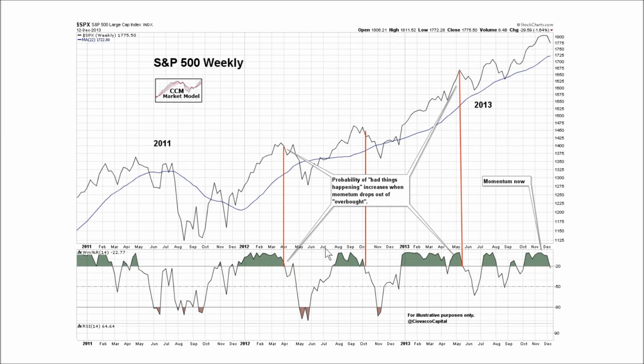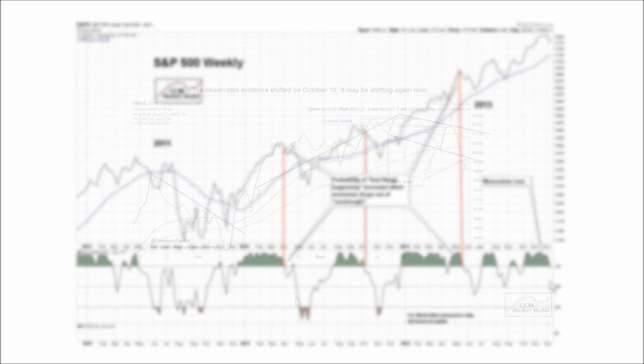Same exact concepts here. The market model, as you know, tracks numerous indicators. One of them is weekly momentum. And unlike the NASDAQ, you can see momentum did drop out of overbought territory. This is some of the observable deterioration we've been tweeting about on Twitter, and it's one of the reasons why we reduced our exposure to equities 3 times in an incremental manner. The market needs to prove it to us from here and start improving rather than deteriorating. We'll keep an open mind about what happens next week and adjust accordingly.